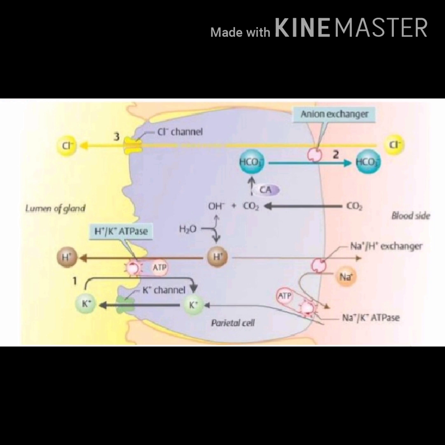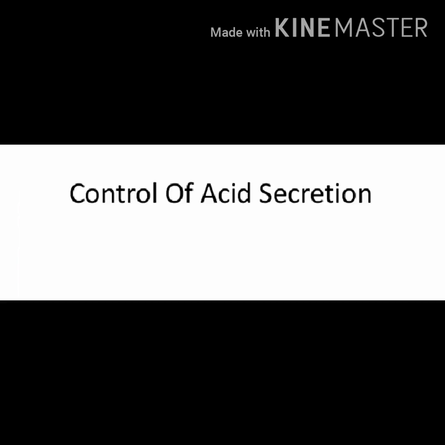What is the role of the H potassium ATPase pump? The transport of the hydrogen ion from the parietal cells to the lumen needs one active transport, that is the H potassium ATPase pump. Once this acid is secreted, we have to control the acid secretion. For that we'll see the control of